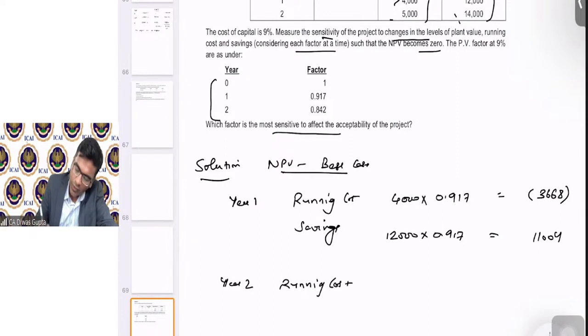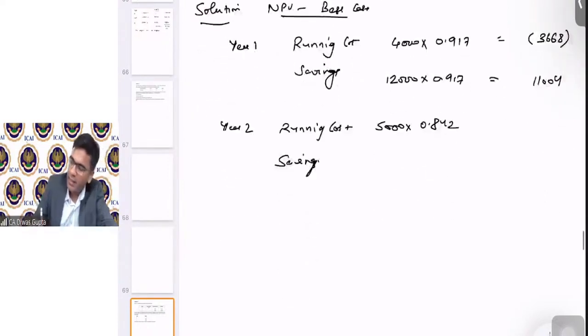running cost and savings. This comes as 5,000 into 0.842. The second year, we have to take 14,000 into 0.842. So this is 4,210, and this is 11,788. So the total comes out as